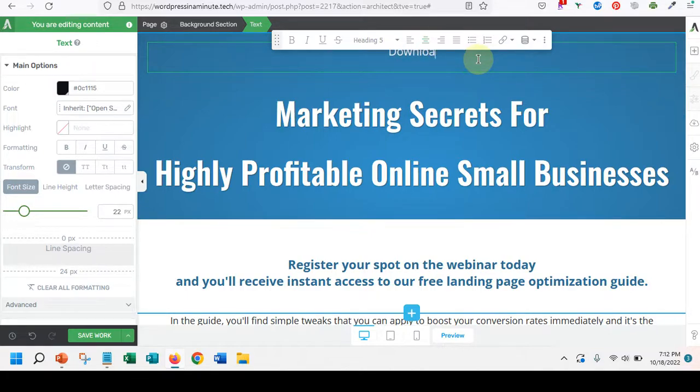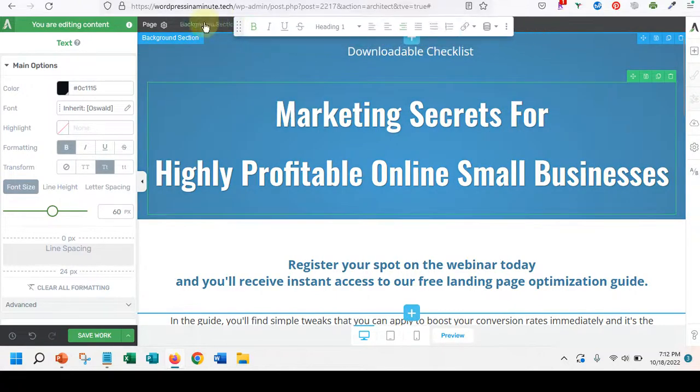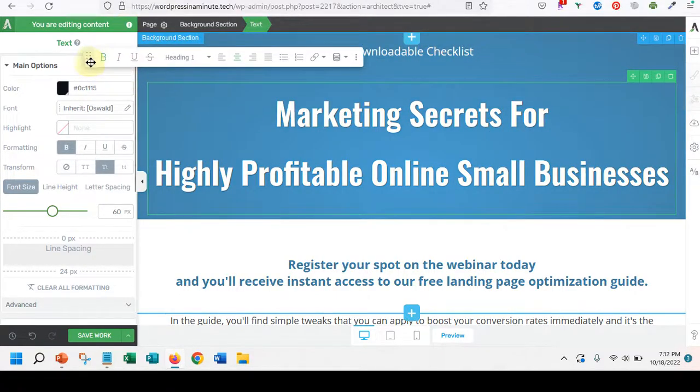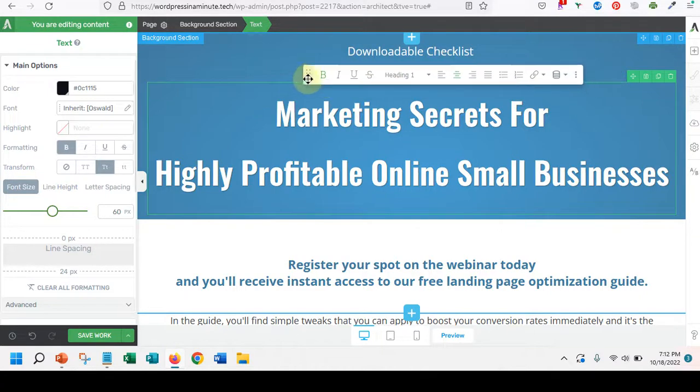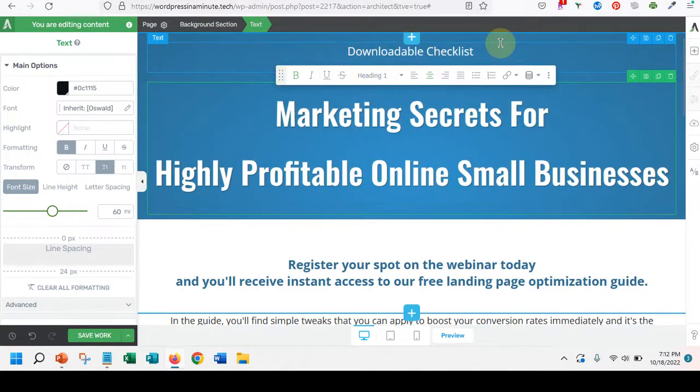downloadable checklist, because that's basically what we created when we went through making the lead magnet. I made a checklist, a cleaning checklist. So that is my lead magnet. So now we've got a downloadable checklist, and then we explain what the, we want to put a big benefit